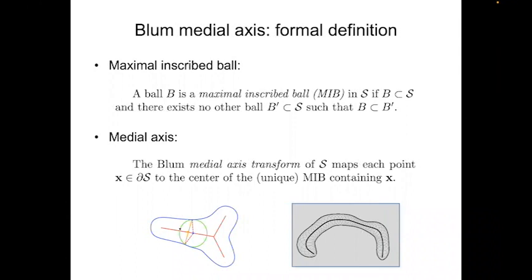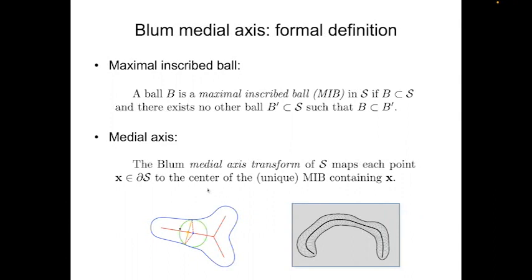And in fact, the medial axis maps each point on the boundary of the object to a center of this maximal inscribed ball. Again, I think you have seen this definition. And going back to thickness, one attractive property of the Blum medial axis is that it gives you a robust and, I would say, usually biologically meaningful definition of local thickness. So people like to measure thickness,